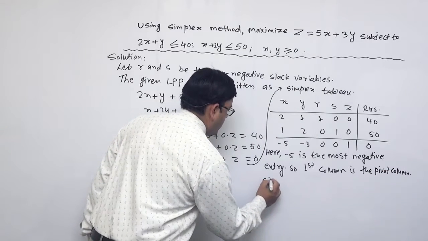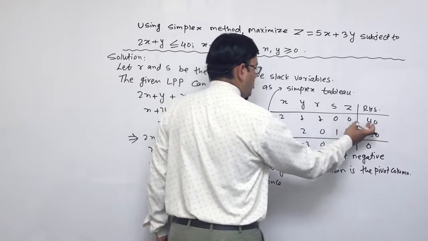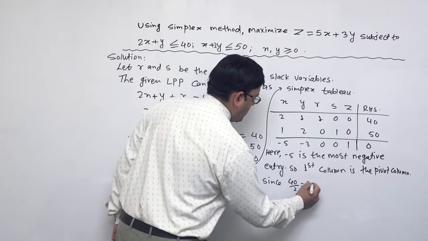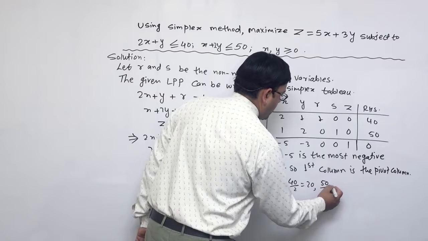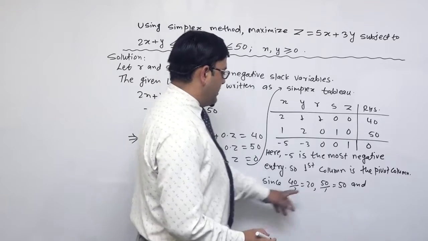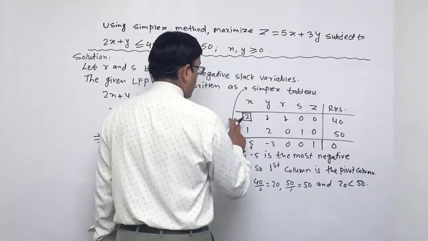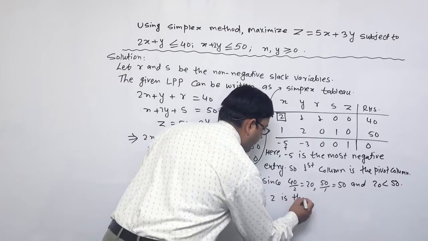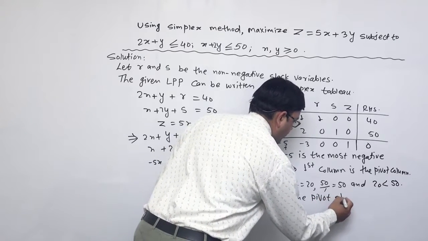Since 40 divided by 2 is equal to 20, similarly 50 divided by 1 is equal to 50. And what did we get? 20 is less than 50. Therefore 2 is the pivot